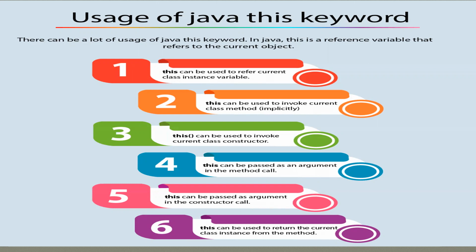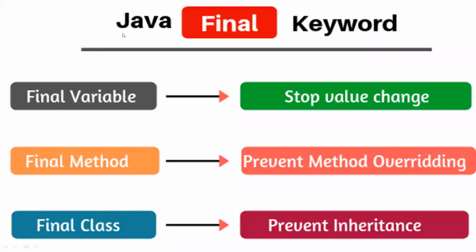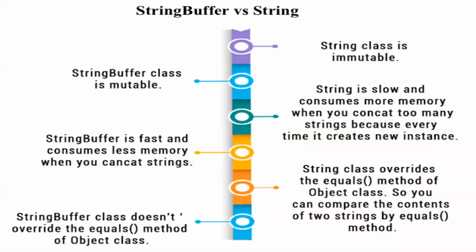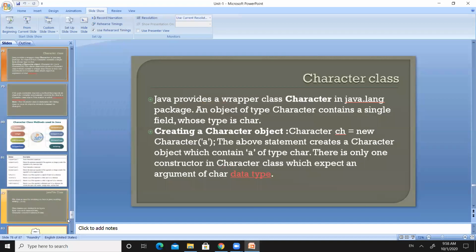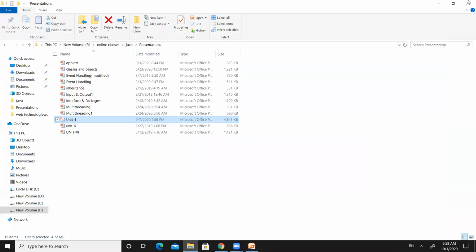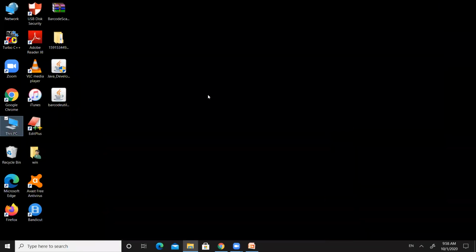So in yesterday's class, we have seen that when we use this keyword, it is used to access the current class variables or instance variables, the current class methods, the current class constructors. So when we go for the super keyword, it is used to access, just a second. I think the super keyword was not included in the PPT. Don't worry, I will show it by writing on a notepad.